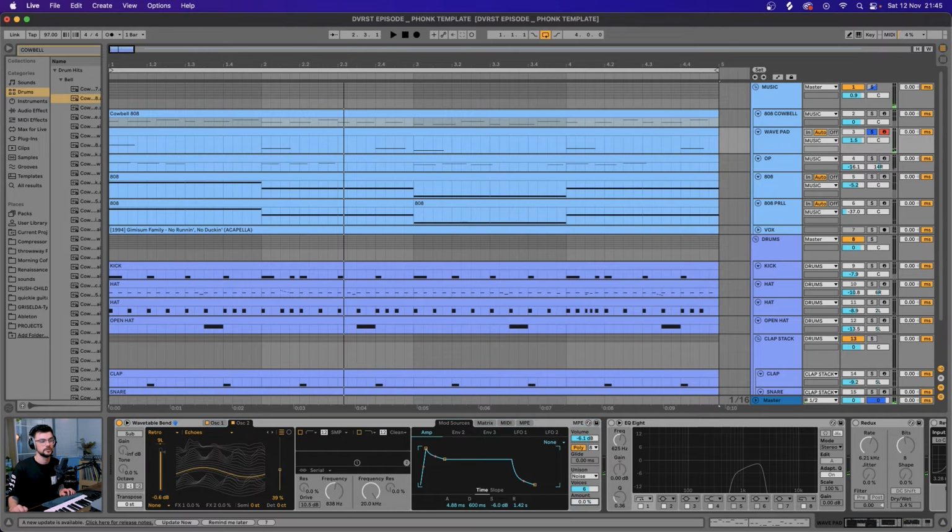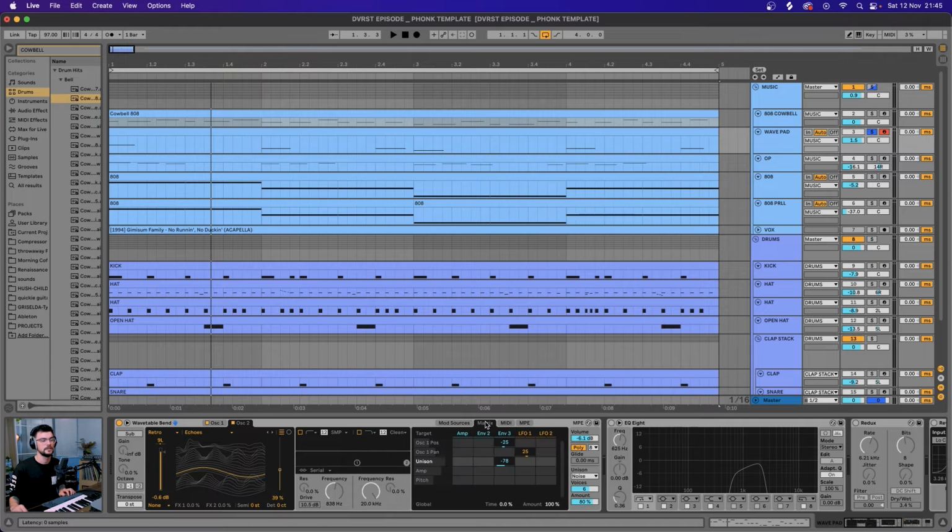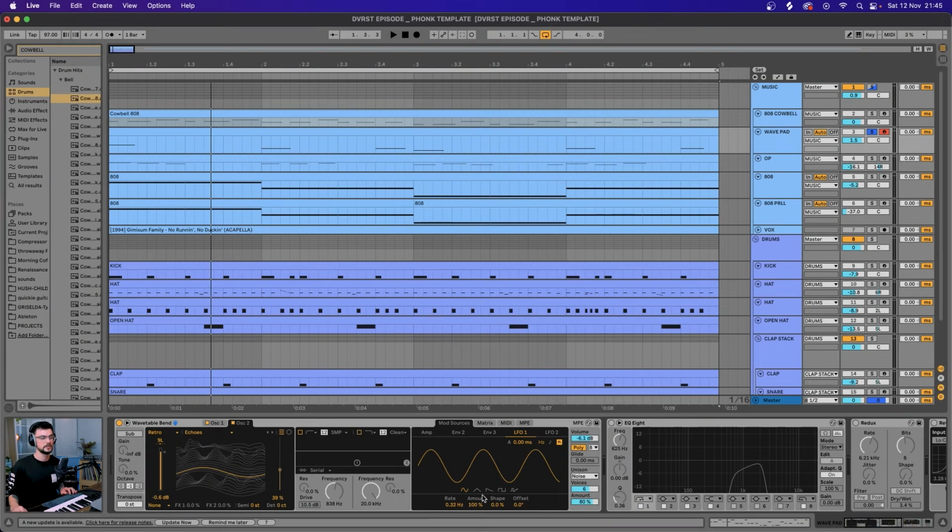If you want less noise, then you just bring that right down. I like it with the noise. It adds, again, like that lo-fi kind of sound. And then you're going to want to come over to your matrix as well and apply -78 to unison, 25 to LFO 1, and then -25 to oscillator 1 position. Our LFO is looking like this, not dissimilar to how it comes in at default with the rate set to